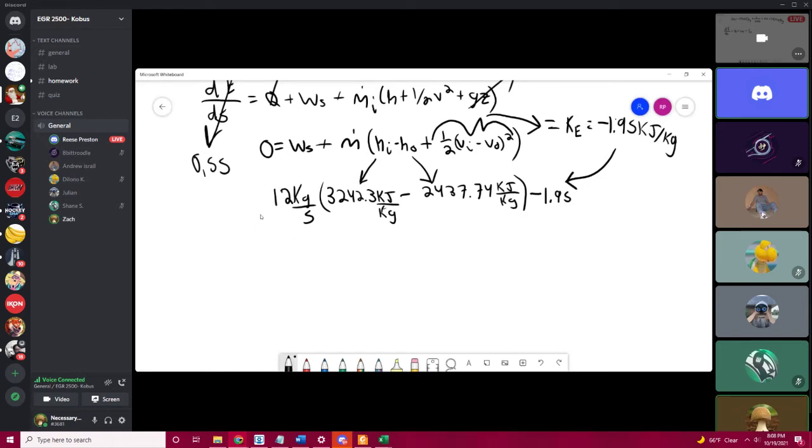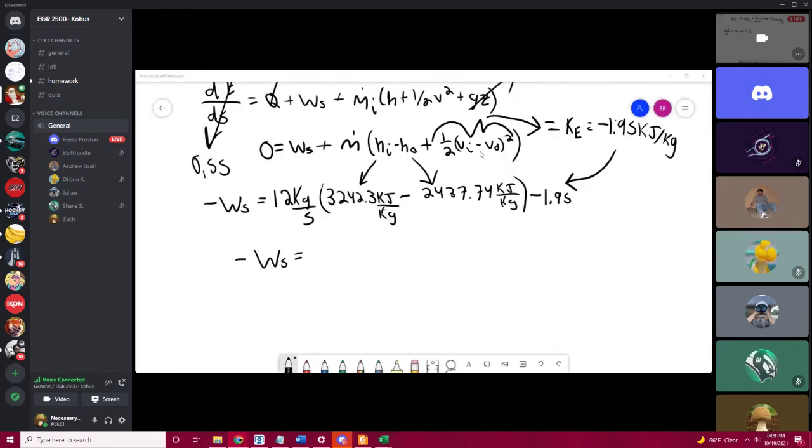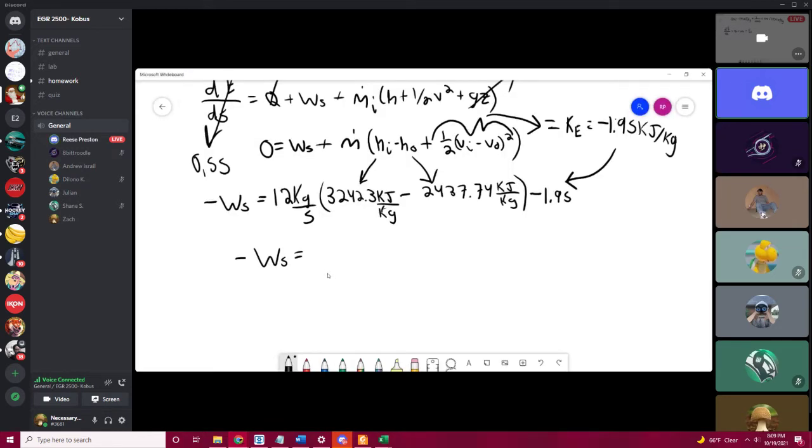Okay, yeah. So you can look at the conversion. You'd be left with kilojoules over seconds, which equals watts. Right. So that's when you add up everything. All right, so